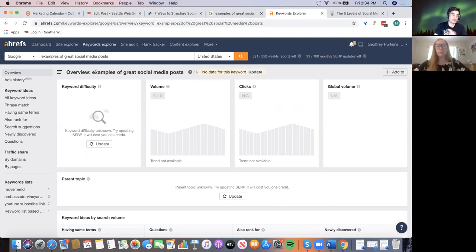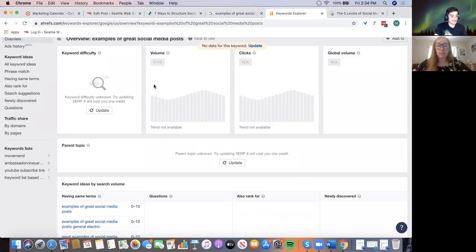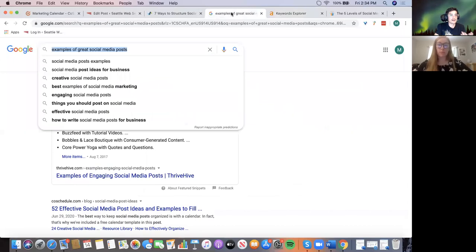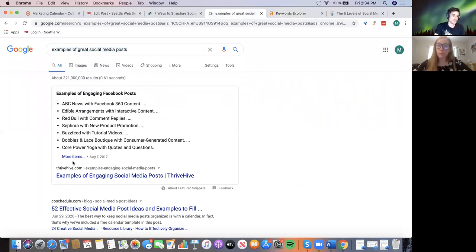It's maybe too long of a keyword phrase for it to see stuff. And down there, "examples of great social media posts" gets 0 to 10 searches a month. That's not to say, though, there isn't content out there that wouldn't rank for it. So this is where I'm going to show you how you would search, how you would look at